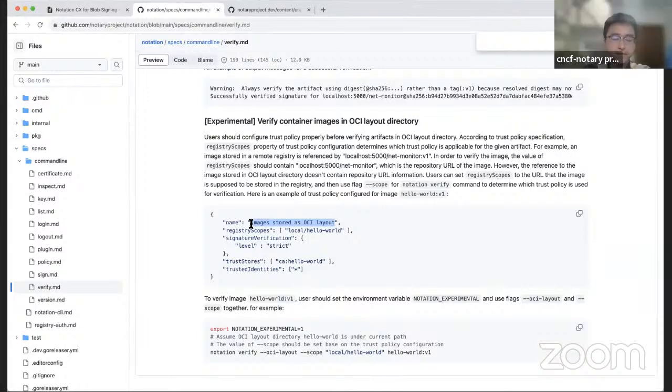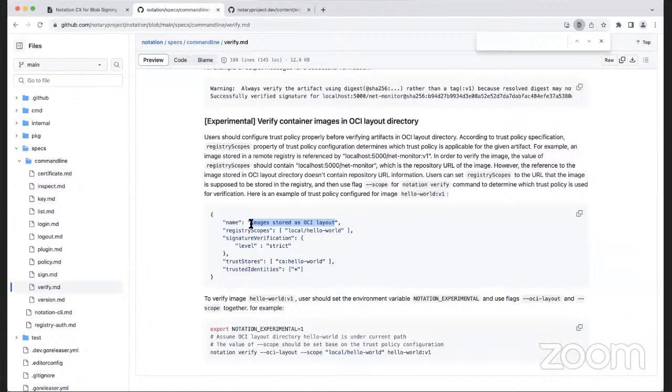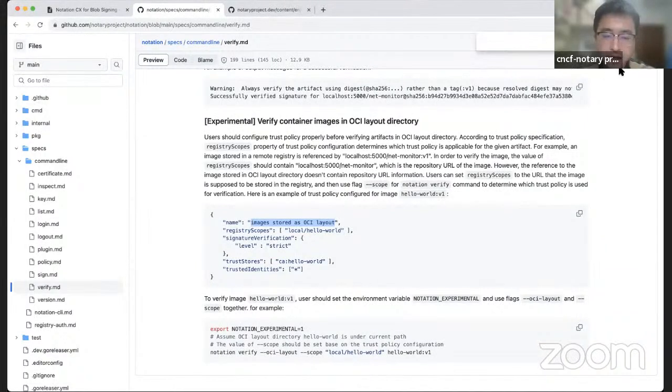I think we can go on. Yeah, I think we can discuss this further, and the ultimate goal is that we can introduce commands for users to manage trust policy, and the trust policy file and the file name are all managed by the tooling. So it will be very easy for the user, right?